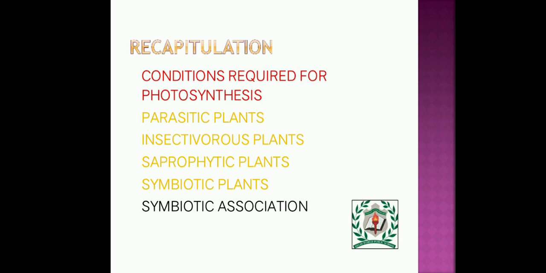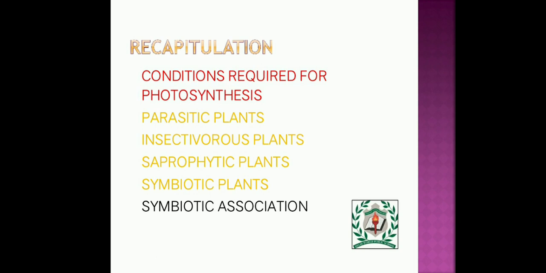Before ending this section, let's have a short recap on today's session, children. What are the things we discussed so far? We discussed the conditions required for photosynthesis. In that, we discussed carbon dioxide. Carbon dioxide is utilized from the air by means of stomata. The singular is stoma, and it is present abundantly on the lower surface of the leaves, and it is guarded by the guard cells. The guard cells control the opening and the closing of the stomata. Then water and minerals. Water and minerals will be absorbed by the roots with the help of the root hairs. Root hairs will transport the water and minerals, and they will be absorbed by the xylem present in the leaves.